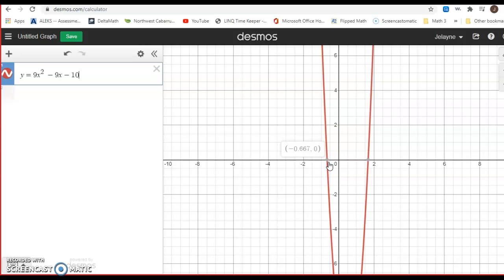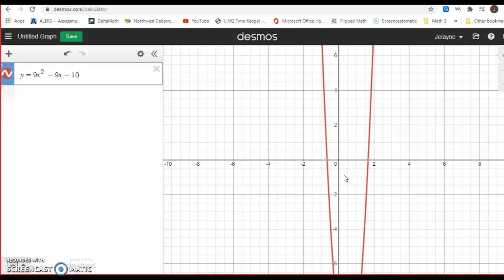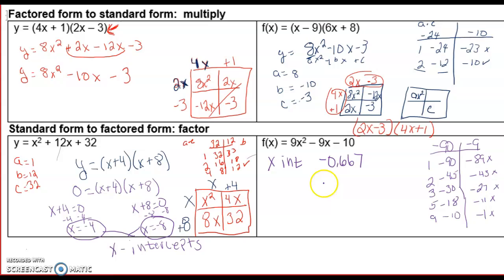That's okay. So I'm going to come back over here and I'm going to say my zeros, or my x-intercepts. Oops, I had my pen upside down. That doesn't work. My x-intercepts are going to be -0.667 and 1.667. So, but for that, I know now in factored form, f of x